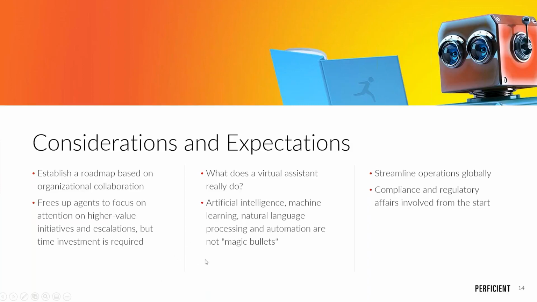Each one has its own limitations, and the level of training we give them determines how much they can handle. So it's not the magic bullet, just having AI, machine learning, natural language processing, or building in automations. It's not the magic bullet, but it depends on how well we incorporate them into our process and our